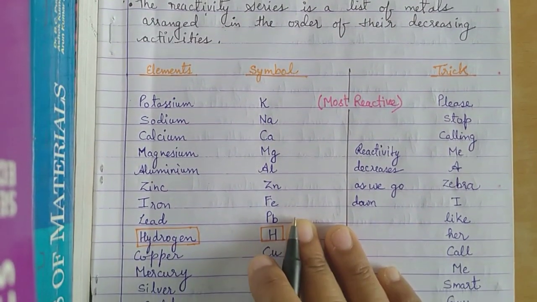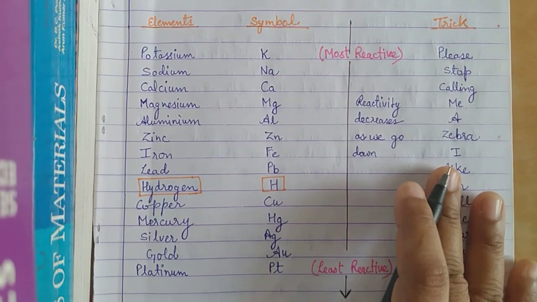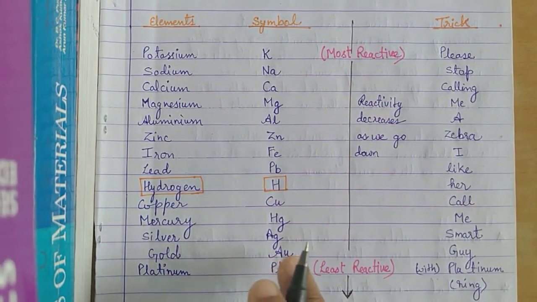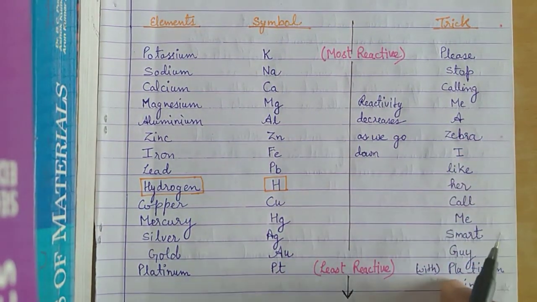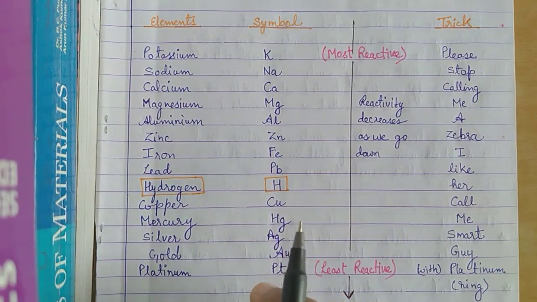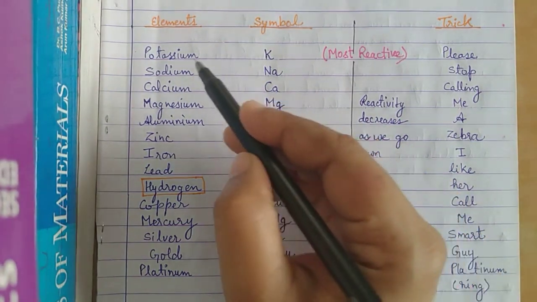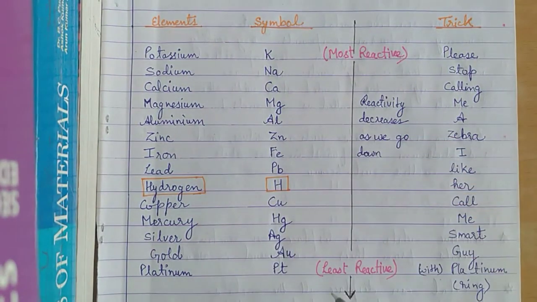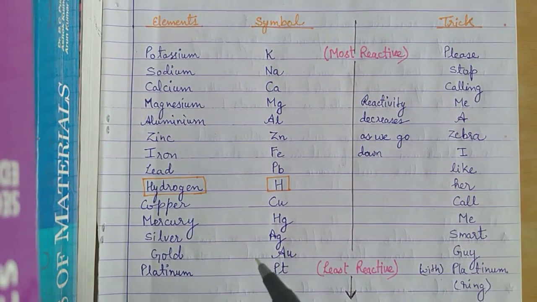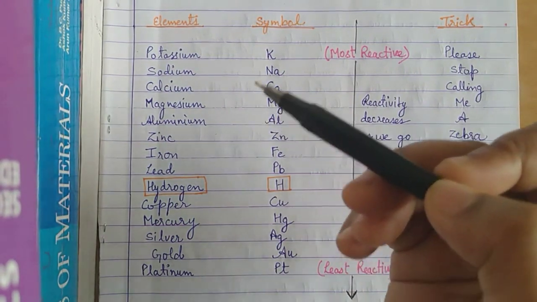Okay, now please see this table. What is there in this table? This is what we call reactivity series total. Okay, so here are the elements, their symbol and their trick to remember. Trick to remember these elements in this sequence. So follow this table only, children. This is from NCERT class 10. Okay, so let's read what are the elements, how they should be placed. These elements should be placed like this only. It's not that you can place any element as you like, up and bottom.